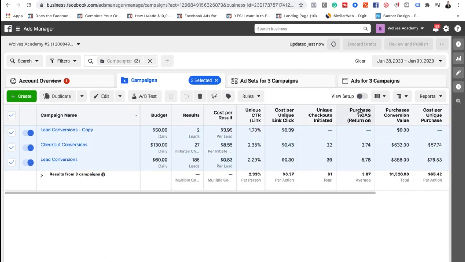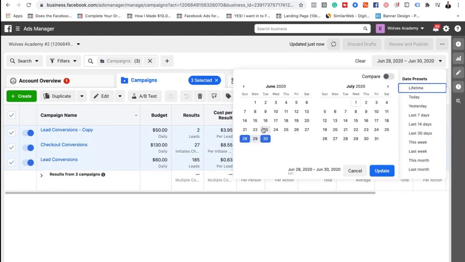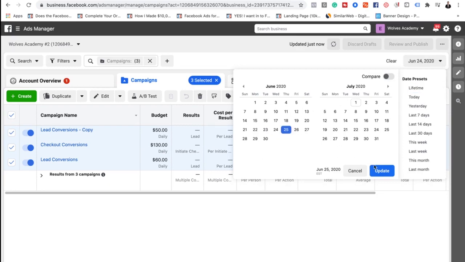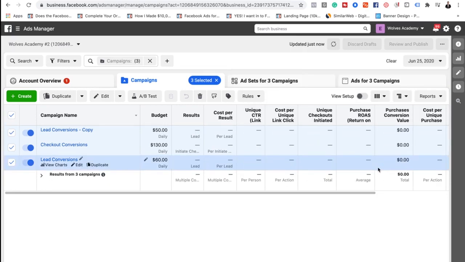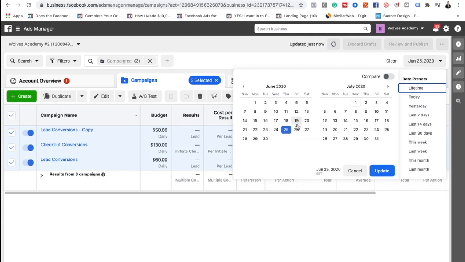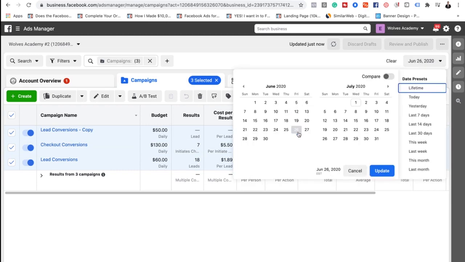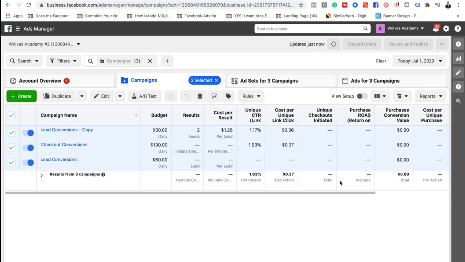So if we look at the all in all here, and I go ahead and actually filter by selection, we have spent so far, let's look at the overview of this campaign, the 24th to the 1st. I think we started this campaign on the 25th actually. Let me actually see, just so we have realistic data. So we didn't spend any money on the 24th. Did we spend any money on the 25th? We didn't even spend any money on the 25th. The 26th. All right, so we started spending money on the 26th. So from the 26th, we haven't even spent enough money on the 1st. Let's look at the 1st. The 1st has been, so far we spent